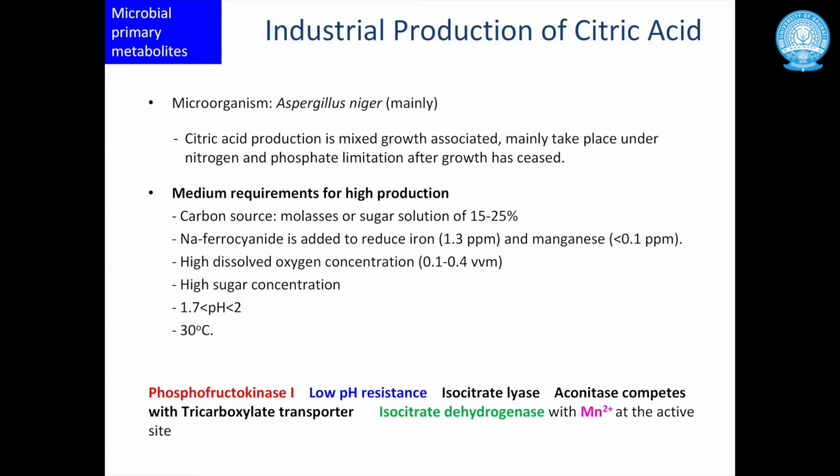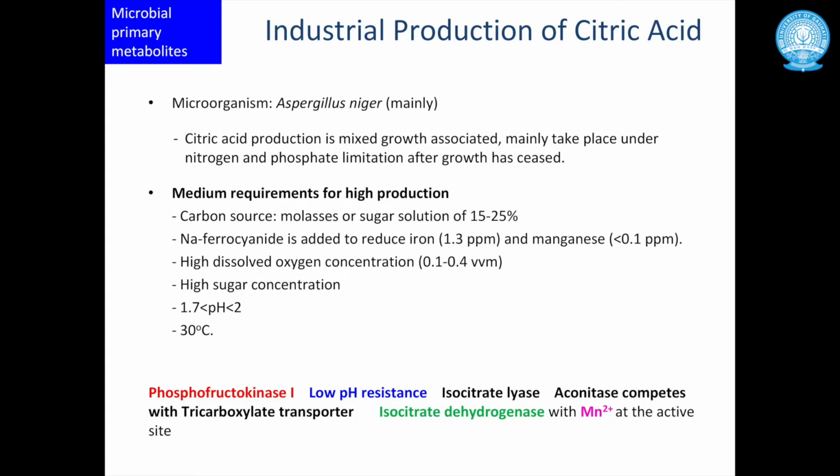Now for this, what are the medium requirements for high production of citric acid? The carbon source required is molasses or sugar solution in the range of 15 to 25%. Then sodium ferrocyanide to reduce iron and manganese contents. High dissolved oxygen concentration, since the process is going to take place in an aerobic environment, dissolved oxygen is also required. High sugar concentration, the sugar concentration here, 15 to 25%, is high,